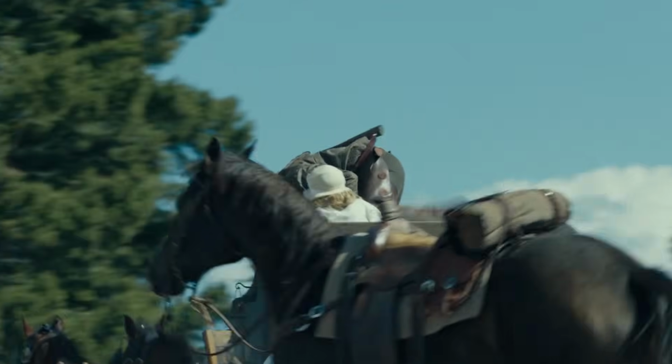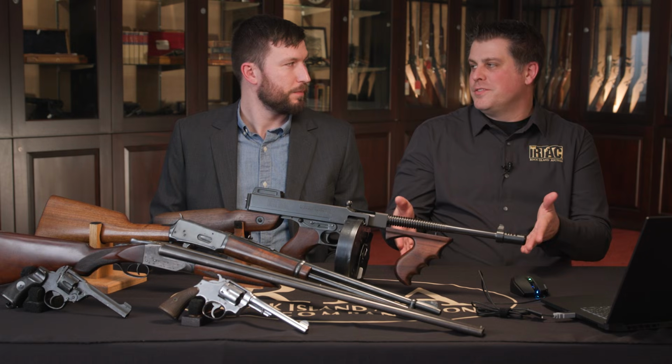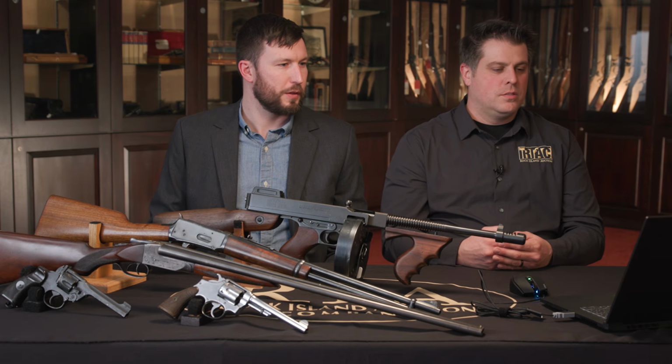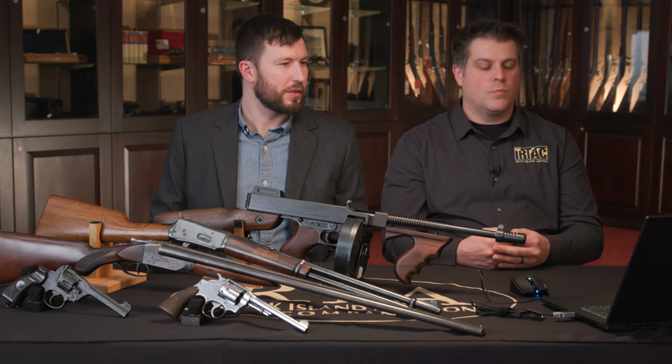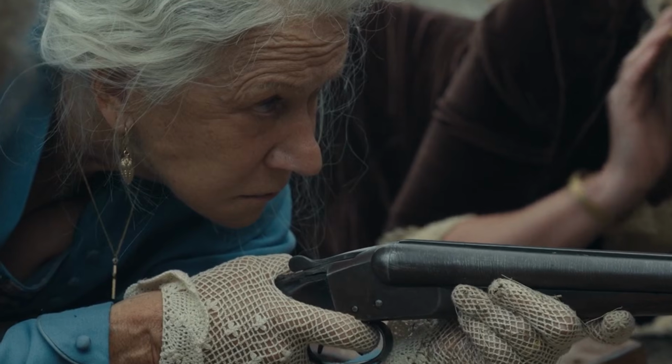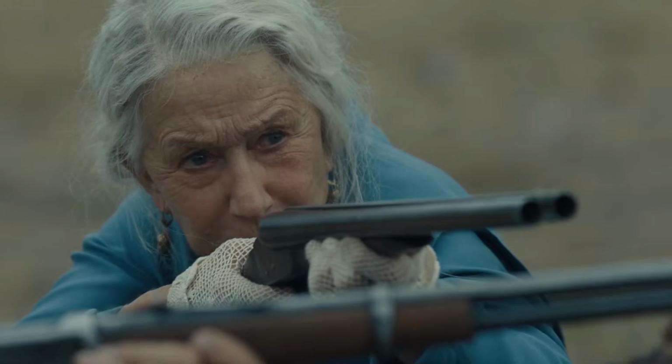All very appropriate. You do have some of your earliest semi-autos at this time, some of the Remingtons, but there would have been literally hundreds of thousands of lever guns in circulation by this time period. So decades of production versus maybe 10, 15 years by the time they're framing this. Yep. And they're more trustworthy, and of course they give a better Western setting and a Western feel to the story. And Helen Mirren's side by side, some Damascus-y looking barrels,